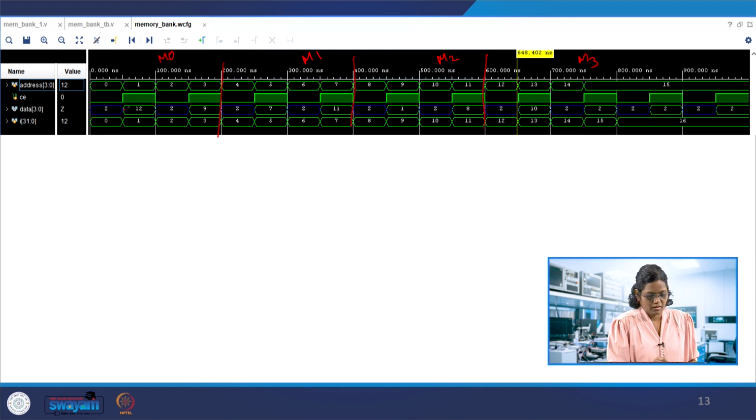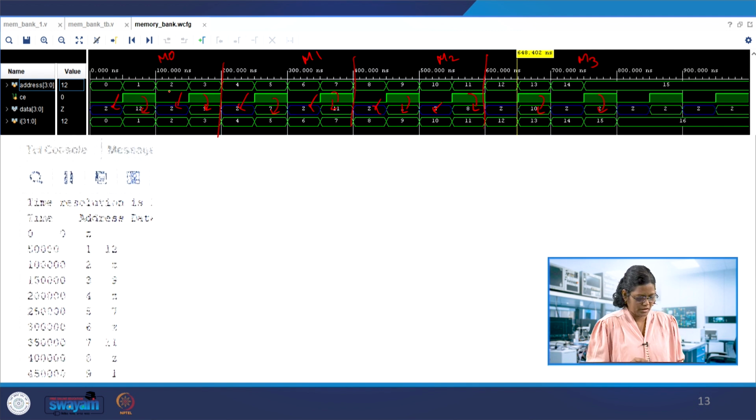You could see whenever the chip enable is on, the data could be retrieved from the locations. This is also the same in all the other cases. The high impedance state also appears, because this else condition gives the high impedance state at 1 and 3. As I said, the data could be retrieved using the chip enable 1.